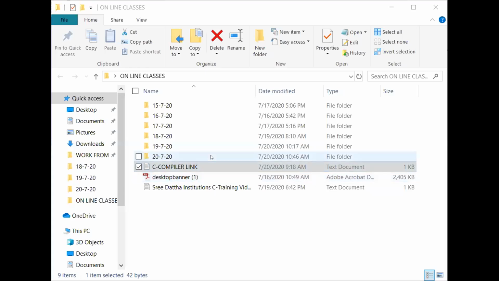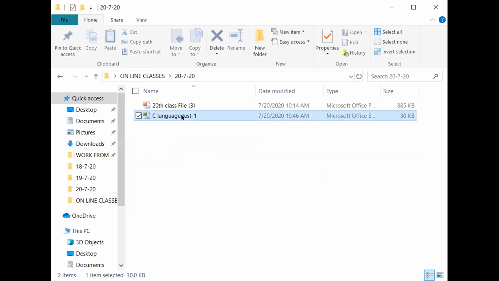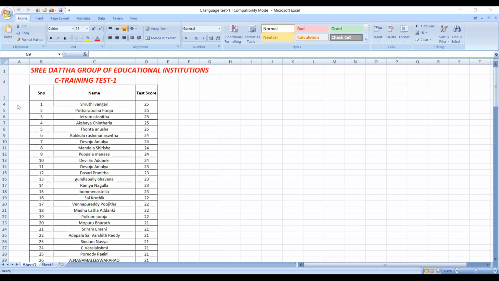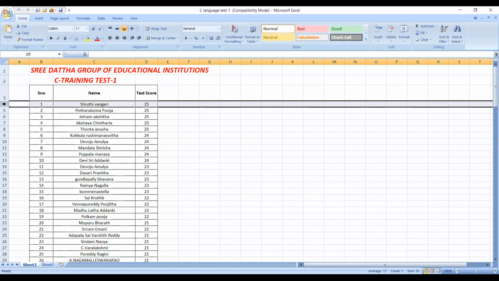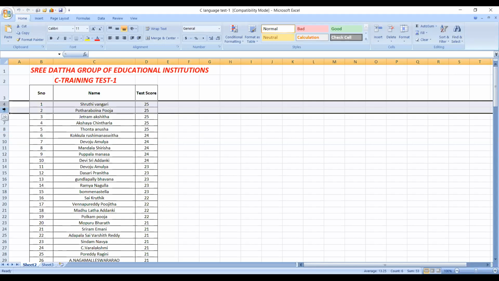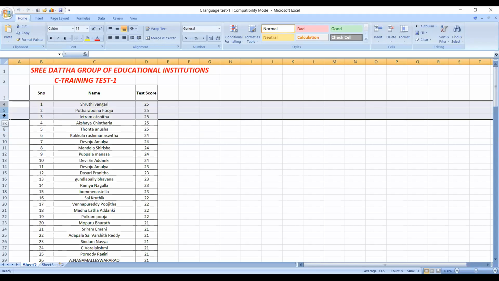Questions are different. So I will show the marks. Yesterday's marks, just see. These are your marks. Shruti 25 out of 25, Pooja 25, Akshita 25, Akshaya 25.